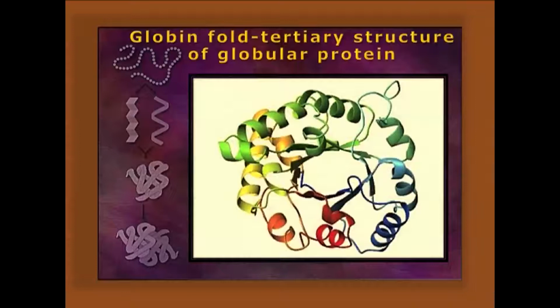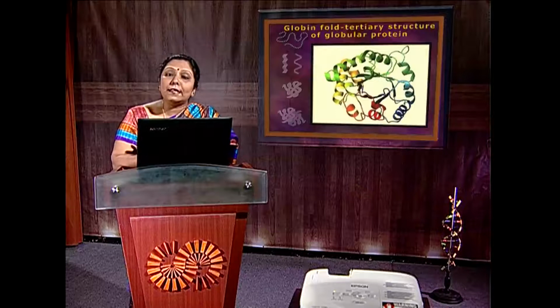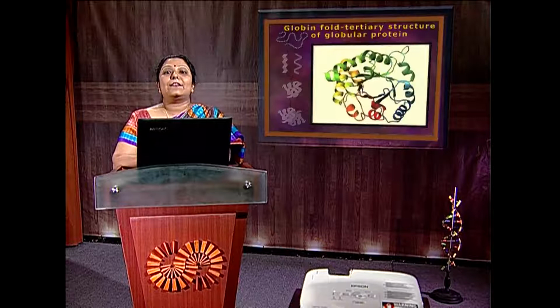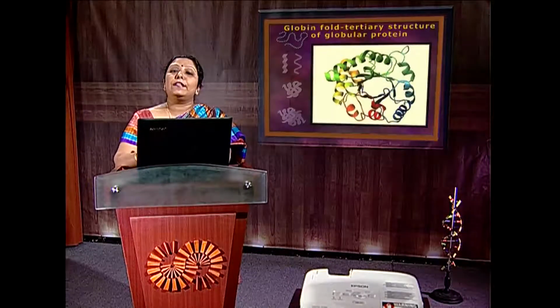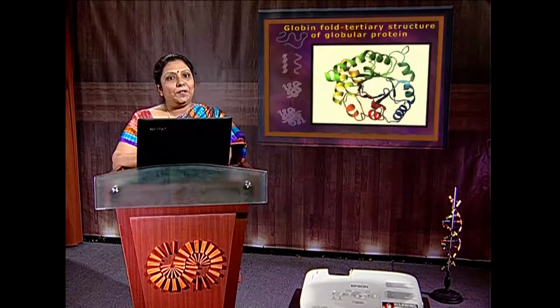So globular proteins are called spheroproteins. They have a globin fold. They can be detected by tertiary structure, the three-dimensional structure. Globin fold means the hydrophobic residues are buried inside and hydrophilic residues protrude outside. They are needed for different types of metabolic functions. What are they? They are needed for metabolism, they act as enzymes, they act as transmembrane proteins, and they have a regulatory role as messengers like hormones, etc. So they can be folded by the globin fold structure.